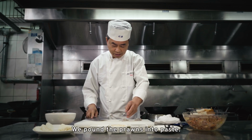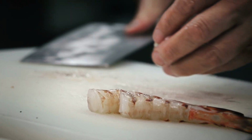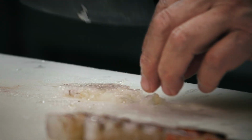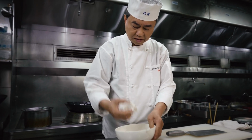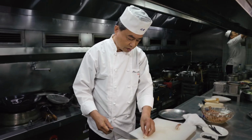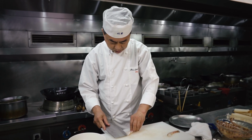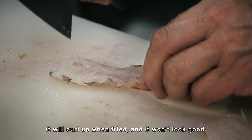这虾子把它拍成泥哦。 Another really interesting and advanced technique is taking the knife to crush the prawn meat, turning it almost into a paste, and then adding that with the cuttlefish paste, and then combining that in kind of meatball slamming. That's to bind the protein structure together and really make a homogeneous kind of bouncy texture so that when the item is cooked, you have this delicious mouthfeel, and also it helps to lock in that flavor. 然后再把它剥开，这个筋要让它断，要先断筋，这个筋都是没有断哦，炸起来会卷卷的了，不好看。